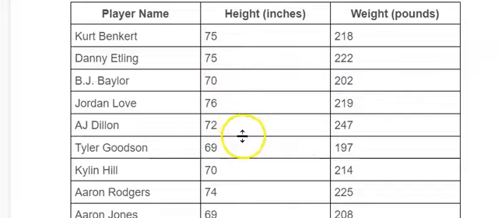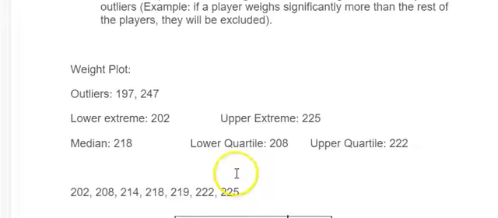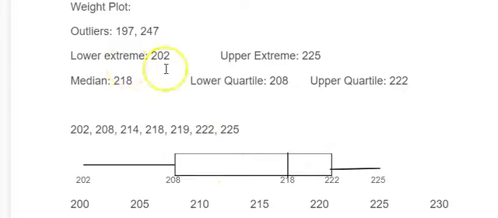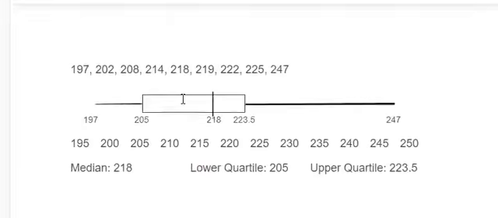It's very important. If you don't, you can get some kind of weird numbers and it's just kind of hard to work with. Just convert it to inches total and that'll be easier. It's also easier to see where the outliers are going to be. So assuming you have your weight and height plots done, we will now go to the third part, which is